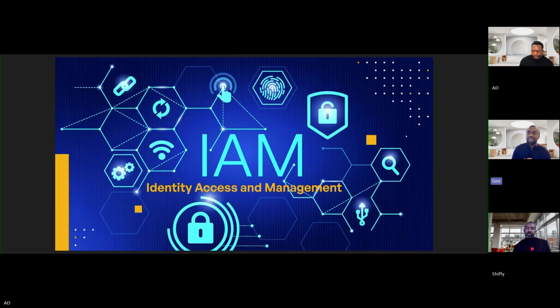So in this concept, we'll be talking about access management, identity and access management. You should be able to identify a user. A user should be identified first. In that identification part, we talk about providing the right credentials, then accessing the system. Then when you access the system, what can you do? Even when you access the system, are you able to perform different actions? So we should be able to track and monitor who does what at what time.